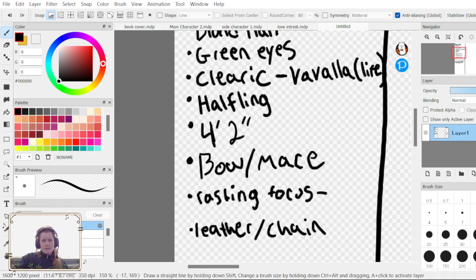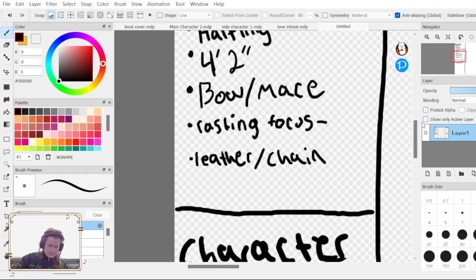Because I don't think a mid to long range character really needs to wear that much armor. Casting focus.